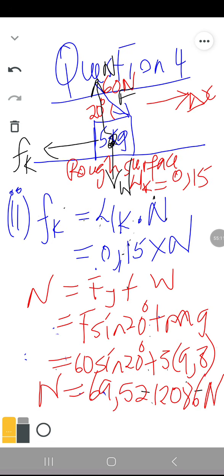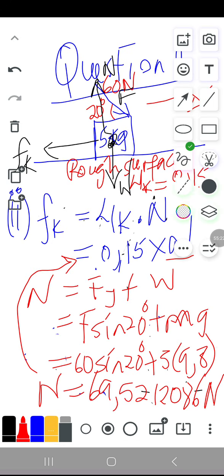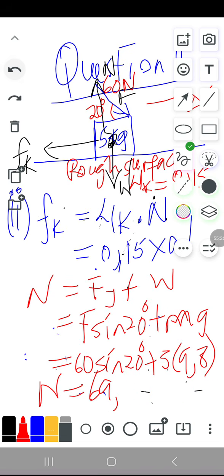Then we go back here. We just need to substitute into the 0.15 multiplied by the normal force. I hope it's clear, guys. Which means our Fk here, I'm going to rub here again, which means our Fk